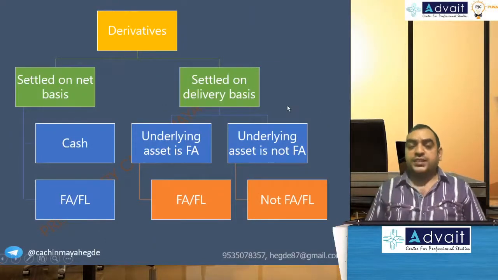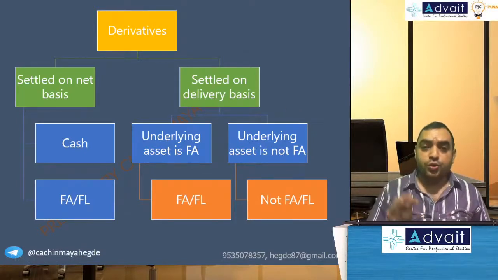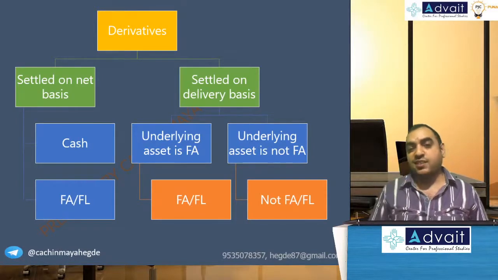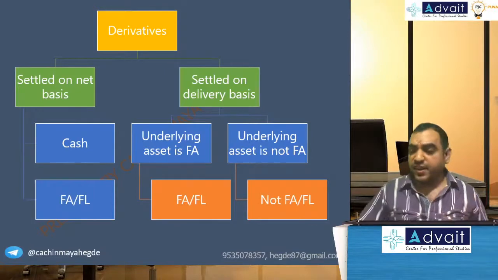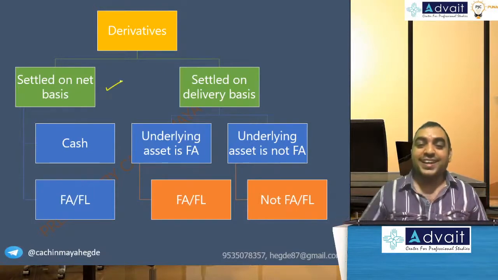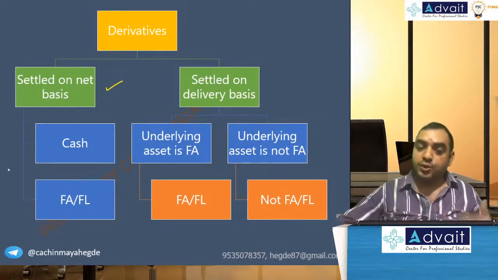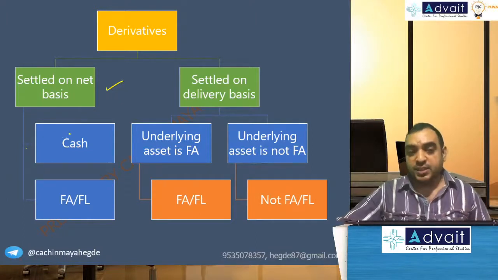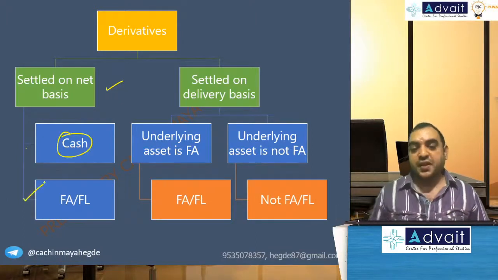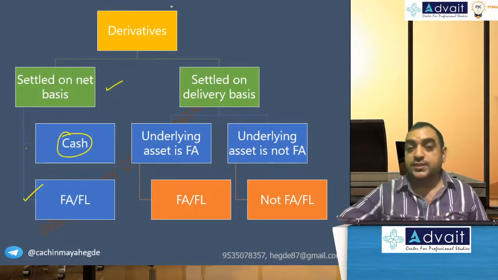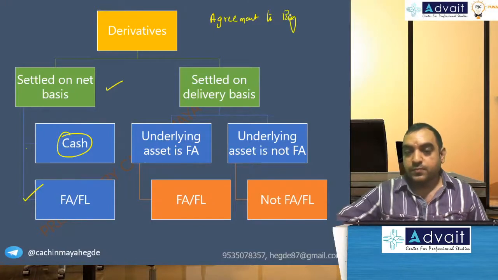Okay, now as far as the examination is concerned, how do you know whether it is a financial instrument or not? Derivative, if it is settled on net basis, net basis means cash basis, then it is a financial asset or liability. What is net basis? You have an agreement to buy some asset at rupees 45, but market price